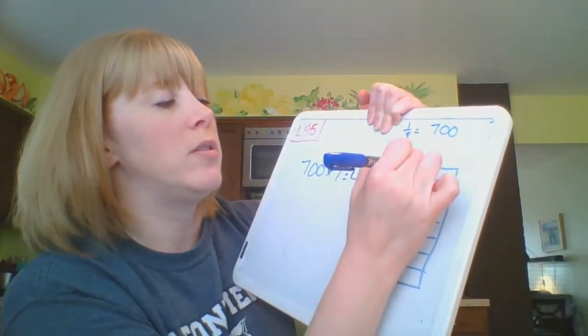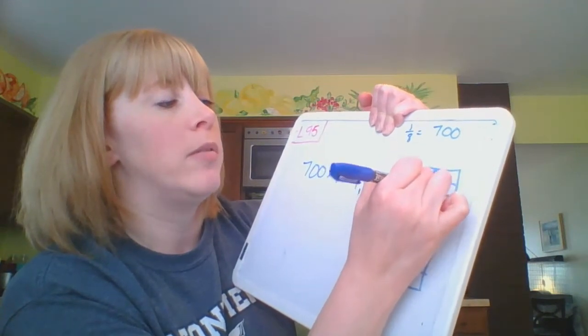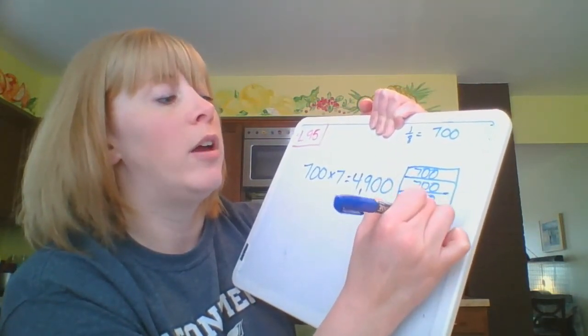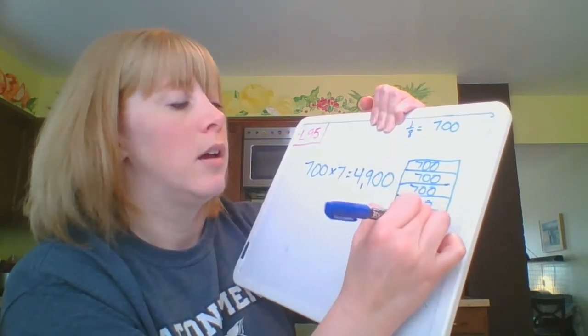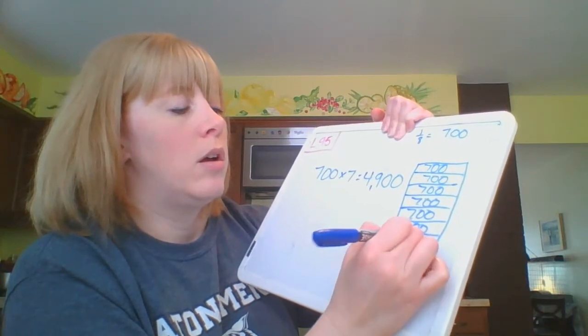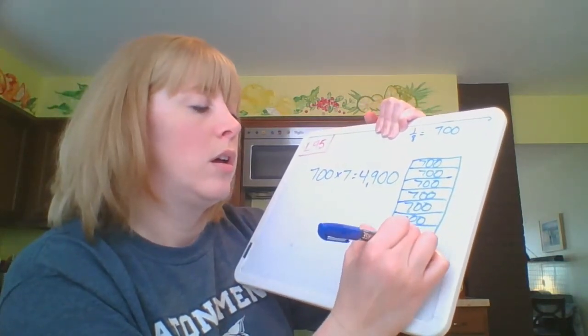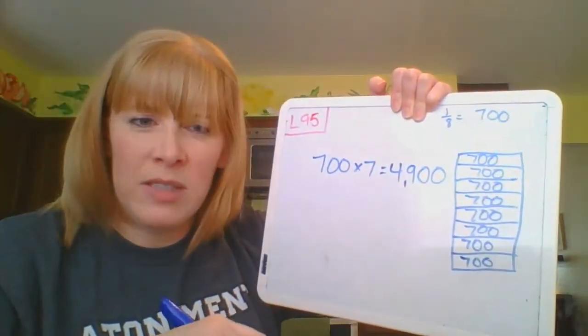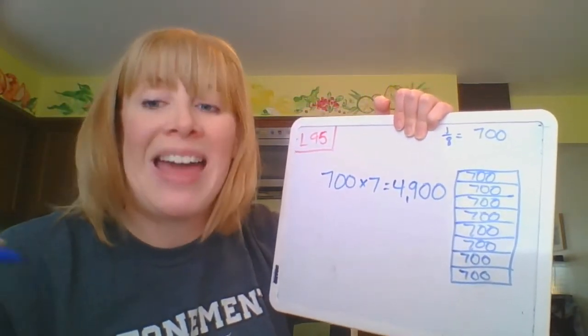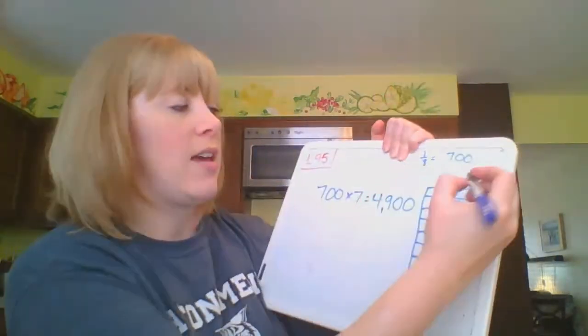And each one of those is going to have 700 people. 700, 700, 700, 700. Now, how many of those 8s did I want for my answer? How many were wearing wristbands? 7 of those 8